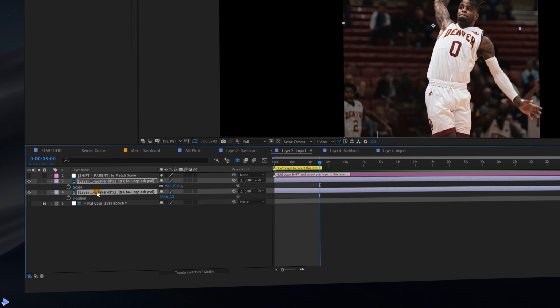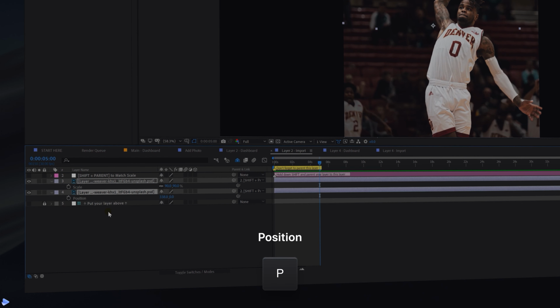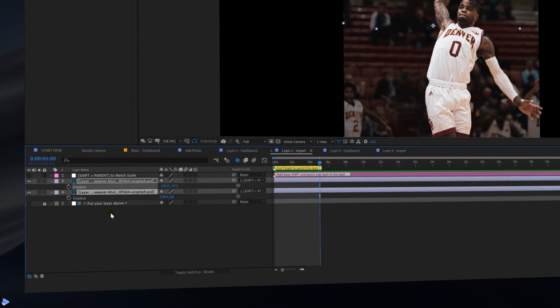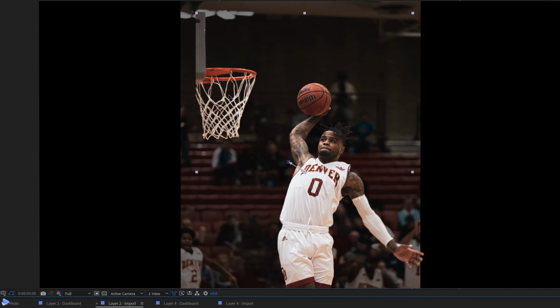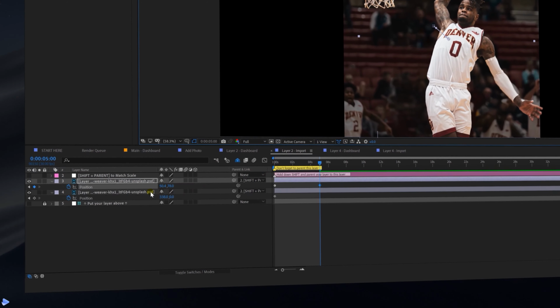After doing so, let's see about adding in some movement on this player here and the hoop. So click on both layers and then press P in order to bring up their positioning attributes. Let's drag our needle back to the beginning of the composition and then click on the stopwatch here to begin animating and create these beginning keyframes. We'll then move our playhead to the 5 seconds point and then we'll move this player and the hoop here so they kind of move towards each other and create this kind of movement.